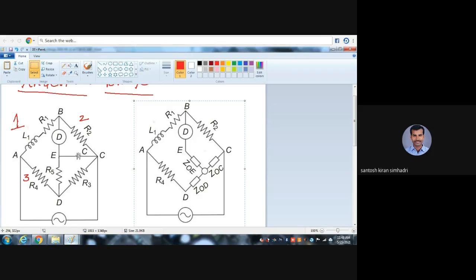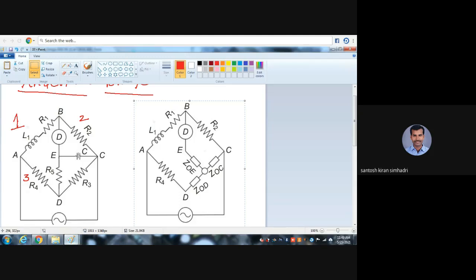Yes, sir. What is the purpose, sir? Maxwell's bridge already determines the inductance, so why go with this one? There is accuracy: better inductance value, better accuracy. Sometimes bridges are not all of one type. It depends upon accuracy, exactness, precision, and error correction. Because of all these things, we can extend to one more bridge, called the Anderson bridge.